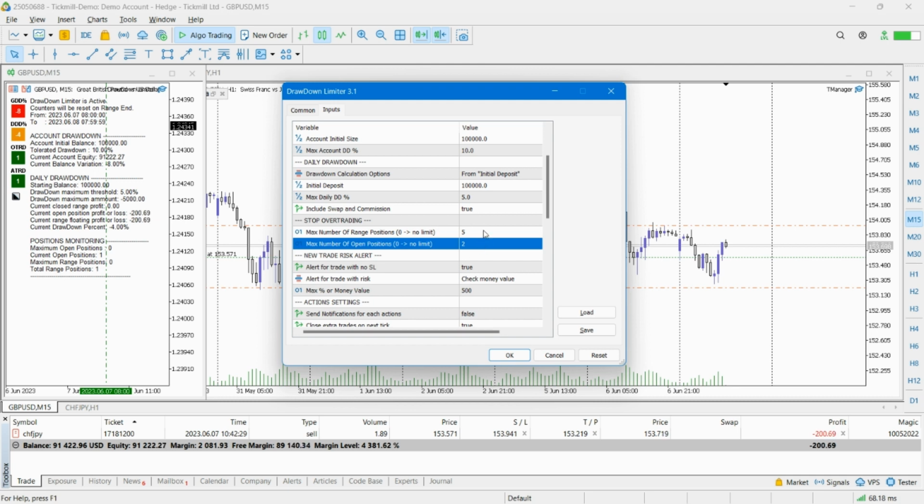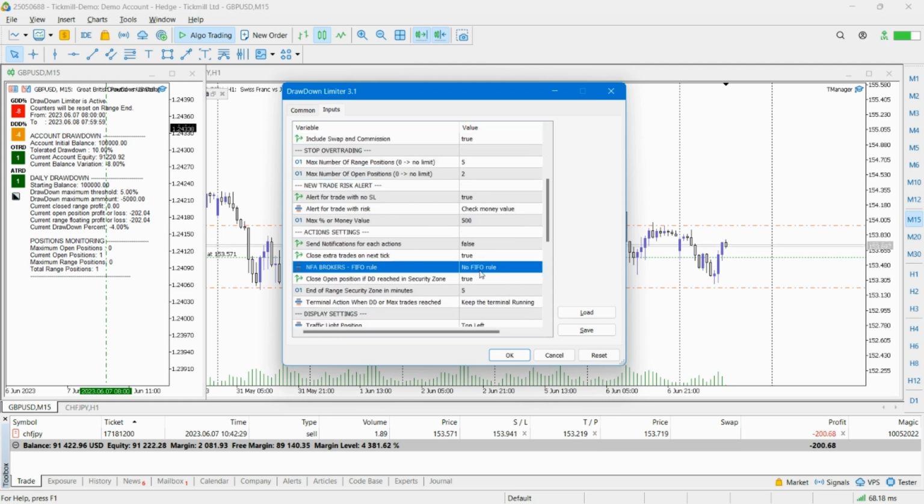And based on those parameters, whenever you try to open a third trade when you already have 2 open, automatically, as per the default configuration, when you're not using FIFO, the last trade will be closed. However, if you're activating FIFO, FIFO is really an NFA compliance rule. FIFO stands for first in, first out. It will not be the last trade you opened that will be closed. Basically, we're going to search for the first trade that you have opened, so the oldest one, and we're going to close